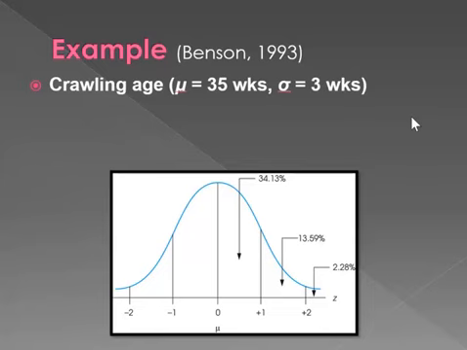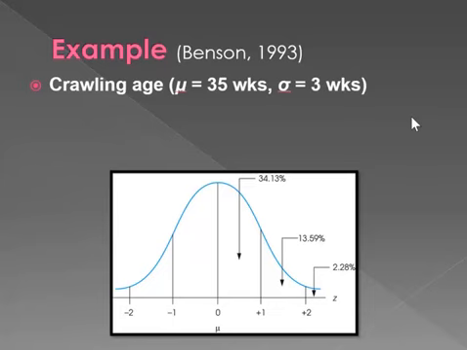In the real world, the distribution for crawling age is actually slightly negatively skewed, but for our example here, we're just going to pretend it's normal. So on average, babies start crawling around 35 weeks with a standard deviation of 3 weeks. Now imagine we have 100 babies, right? We've got the age at which each and every one of these babies learned how to crawl,